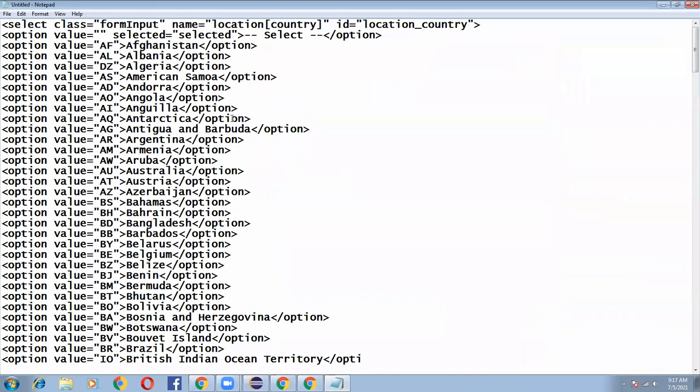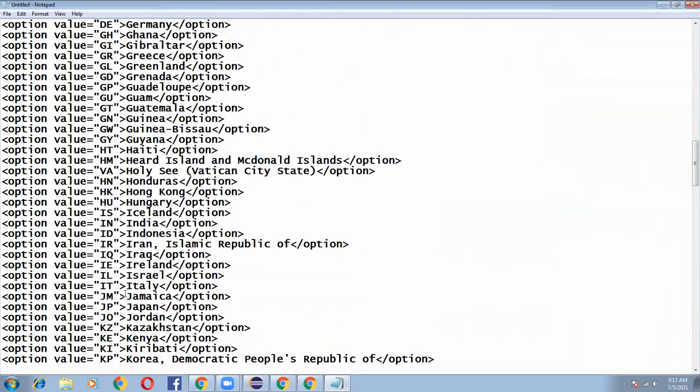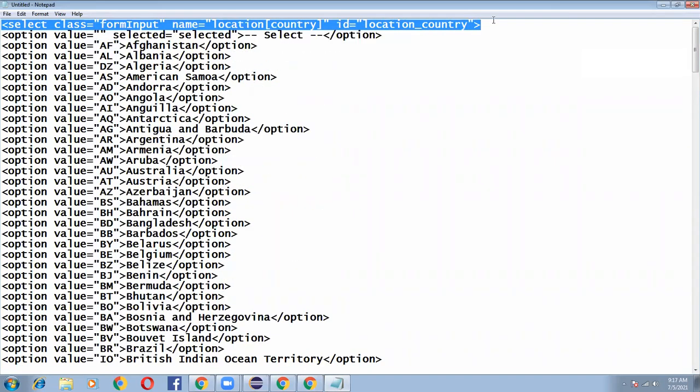So the developer has written this code. This is the select class written to handle the drop down.